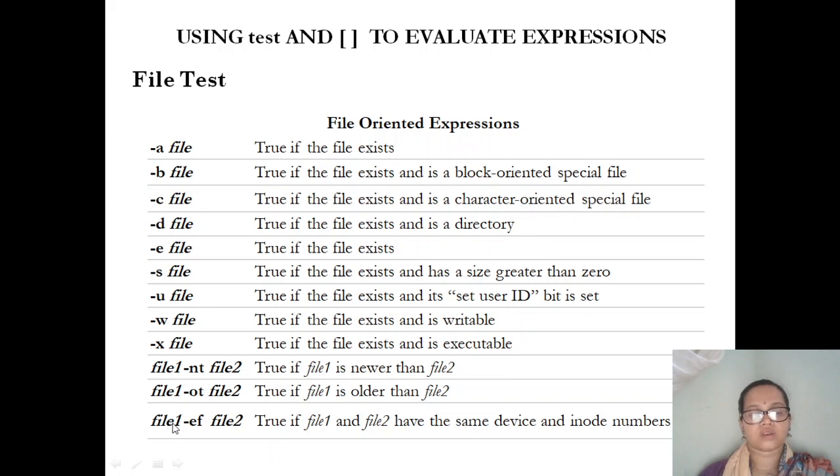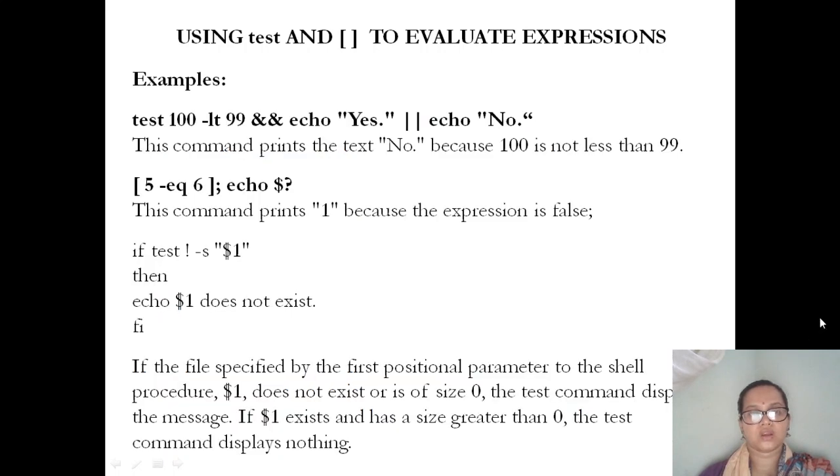In the same way, file 1 -ef file 2 is true if file 1 and file 2 have the same device and inode numbers. So if two files have the same device and inode numbers, you can go and check with this -ef option. So these are all the options available. You can also give it as a command, so that you can retrieve or do whatever task you want. Coming on to the examples of this,